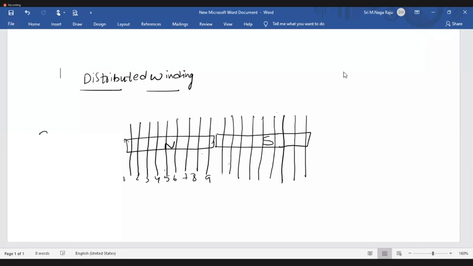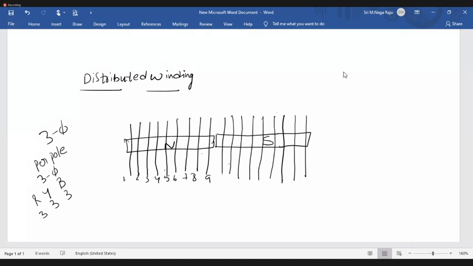Okay. So we are discussing about the 3-phase machine. 3-phase machine means per pole, under one pole, total 3-phase winding must exist. That is R phase, Y phase, and B phase. So in total we have 9 conductors in North Pole. So R phase has 3 conductors, Y phase 3, B phase 3.